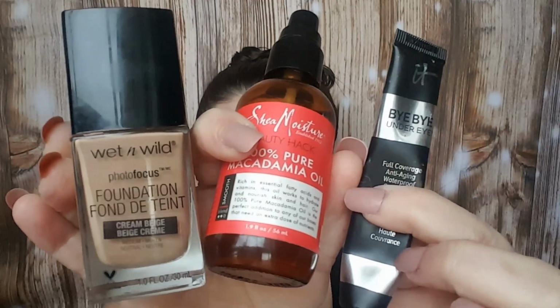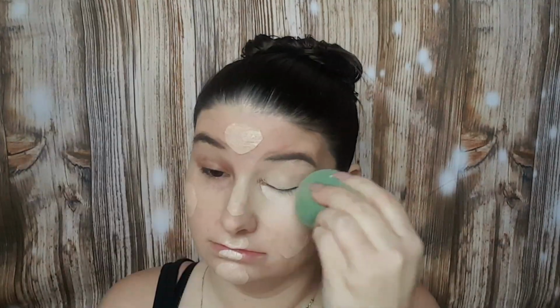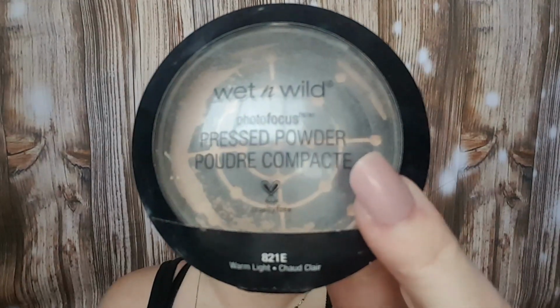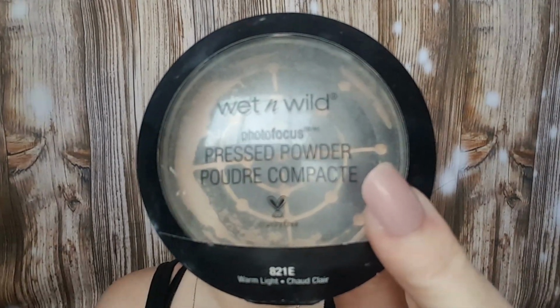Alright, so I'm starting off with the Wet n Wild foundation, the Shea Moisture Macadamia Oil, and the It Cosmetics Bye Bye Under Eye, and I'm mixing them together to make the perfect foundation combo. And then I'm using the Wet n Wild Photo Focus Pressed Powder, and I'm just going to set the whole